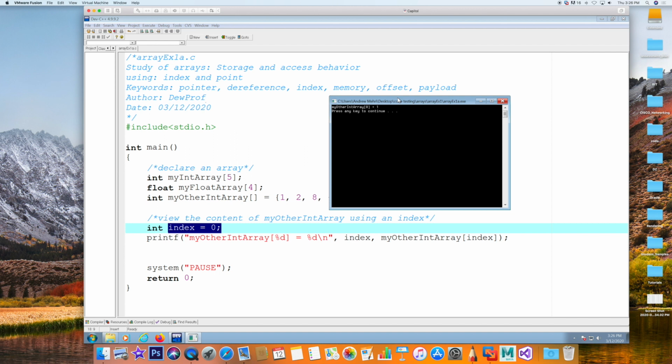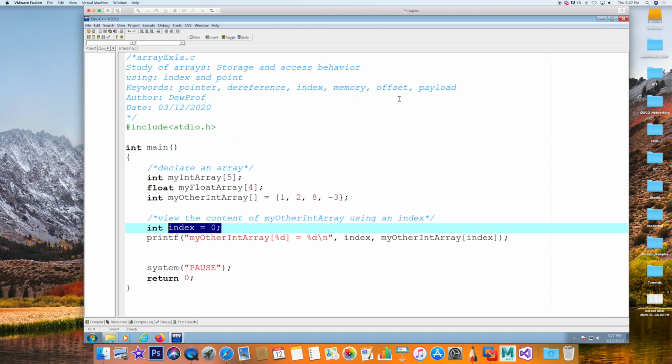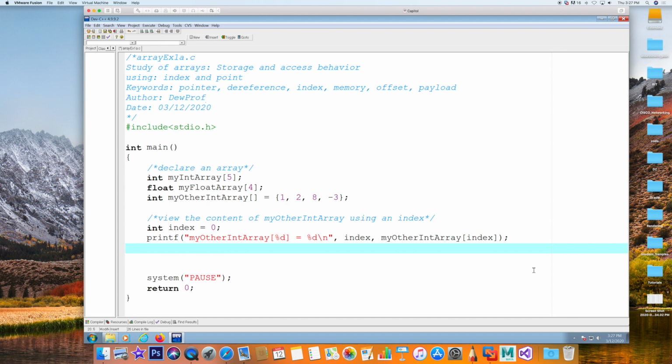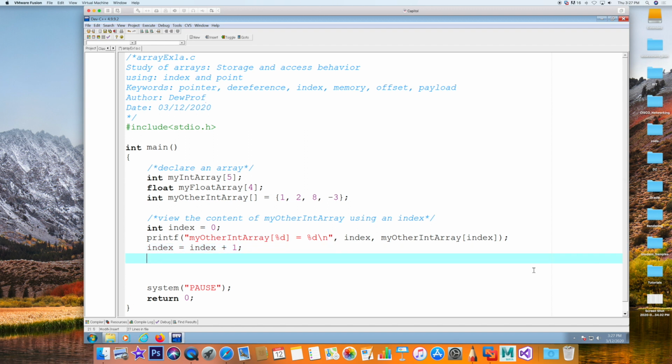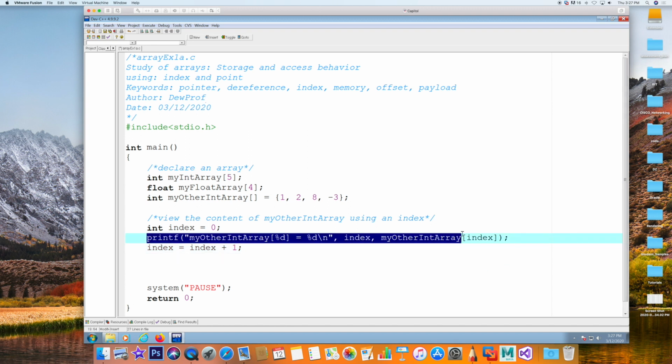Okay. Now the advantage of this is I can now copy and paste and in between increment index. So what I can do now is index equal index plus 1. So this is what we call an incrementation. So if index was 0, now it's equal to 1. And then guess what we're going to do? We're going to go ahead and copy this. And notice I don't need to modify now this print statement,